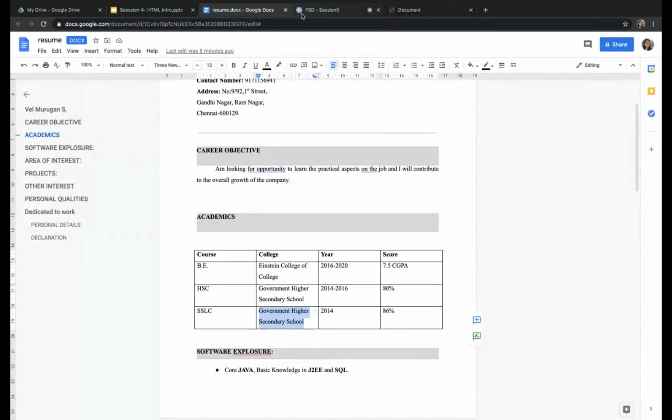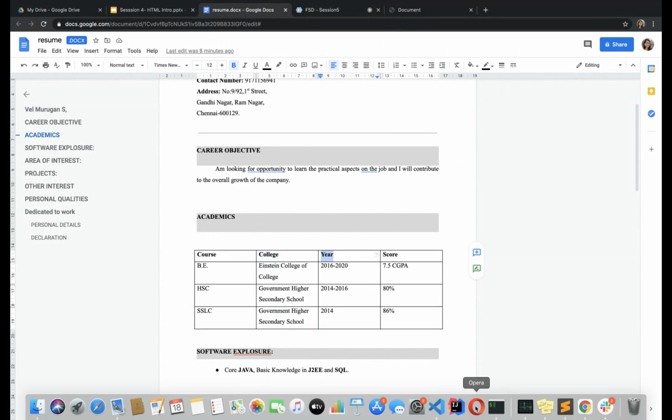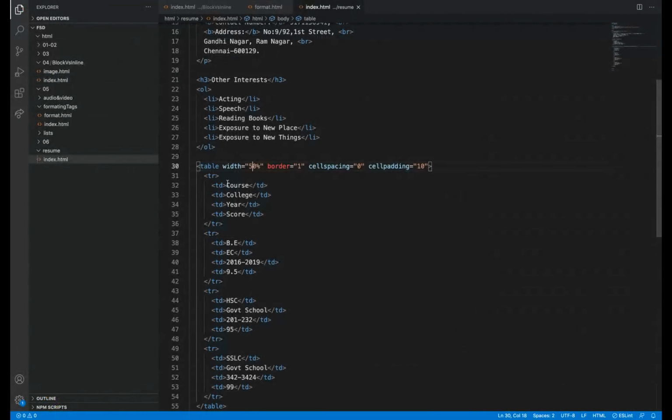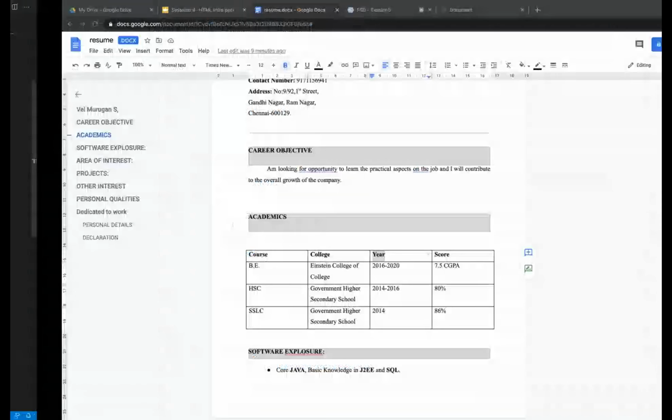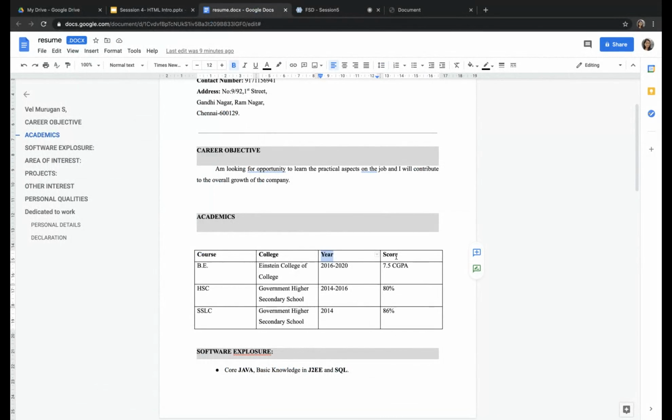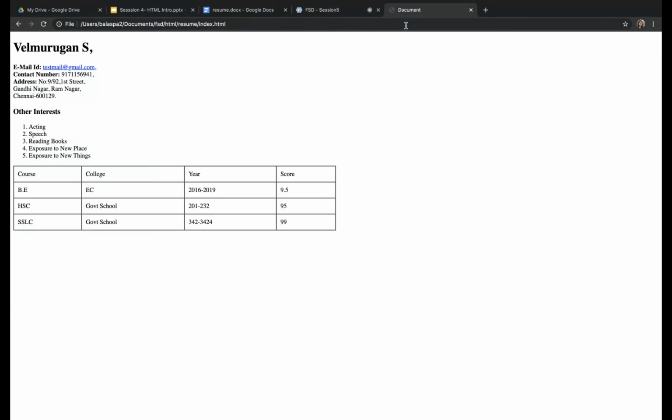What is missing here? There are some other things also missing. We haven't given exact width. Other than that, this is bold. So what you'll do? Don't go and give bold here. There is another tag, th. What is th? Heading, table heading. So if I'm giving the